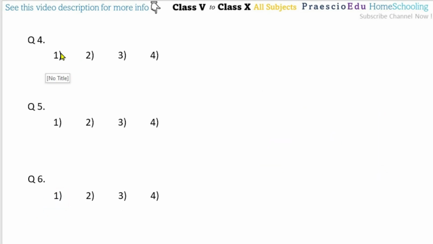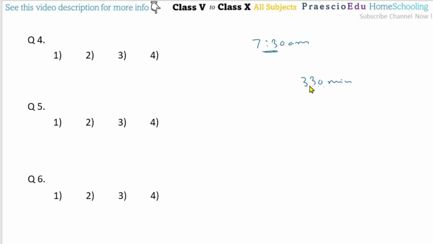Now question number 4. Nilesh comes to school at 7:30 in the morning, that means 7:30 am. After 330 minutes in school, he started for home. That means after his reaching time in school, he stays 330 minutes and then starts moving to his home, or we can say he left the school. At what time did he start moving to his home?